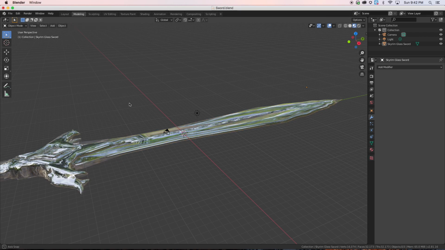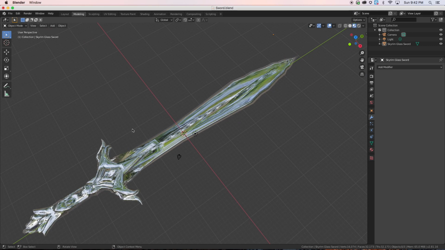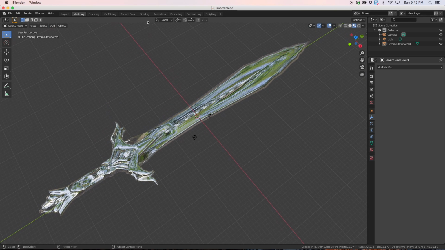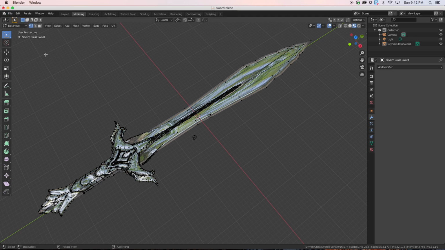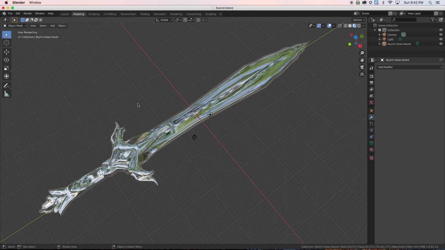I'm going to get out of edit mode for a second here. You'll see that we still have that nice same preview where we can see it. The reason I like shading is it gets rid of the grid and everything else, so you can really get a good look at your object. But we're going to go back to modeling just for this time. So we're going to go out of edit mode, hit tab,